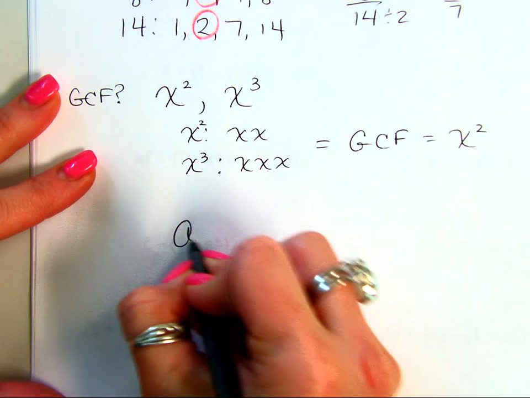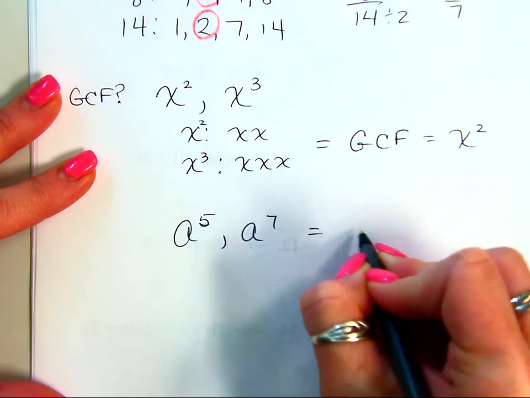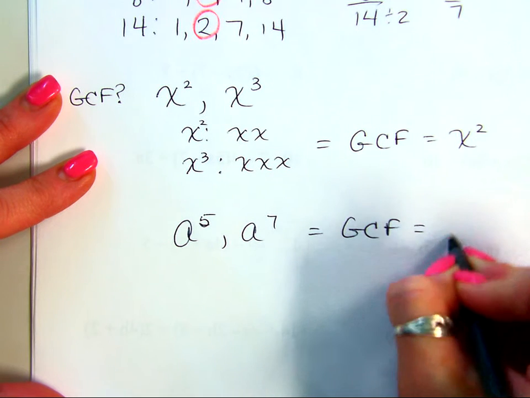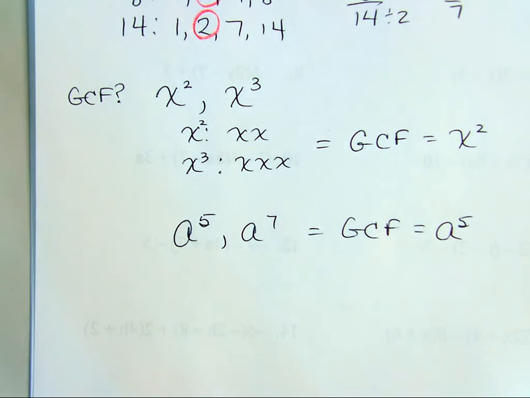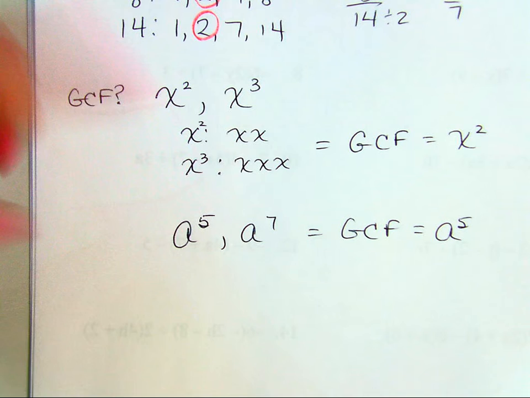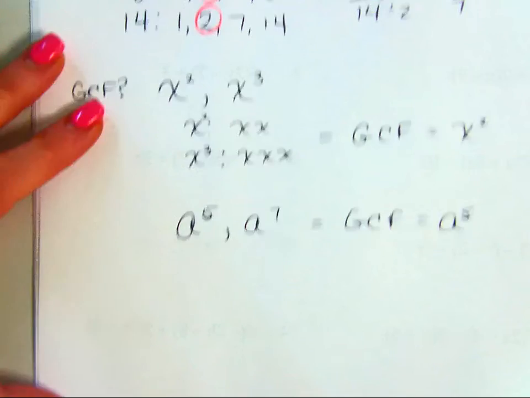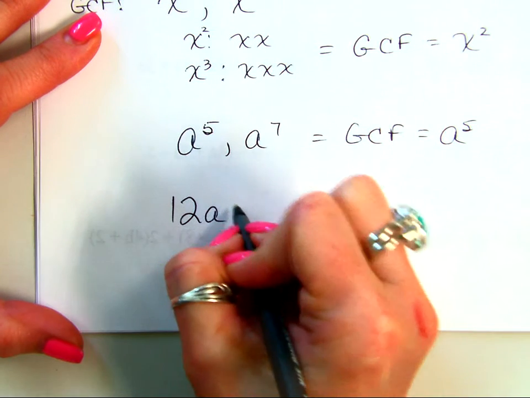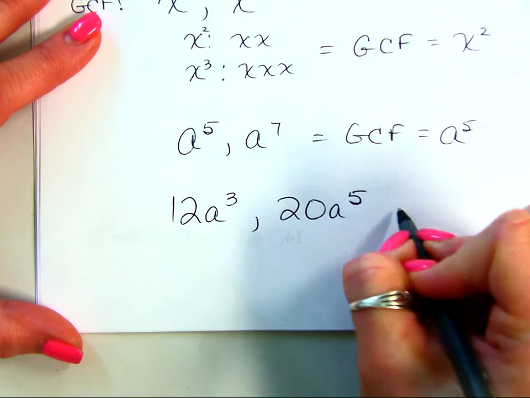So if I were to ask you to find the GCF of a to the 5th and a to the 7th, my GCF would be what? A to the 5th. Because I have to get the same amount from both. I have to get the most from both. So I have to get the most from the least one, the smallest exponent. Okay, pretty easy? So if I put those two together and say, okay, find the GCF of 12a to the 3rd and 20a to the 5th,